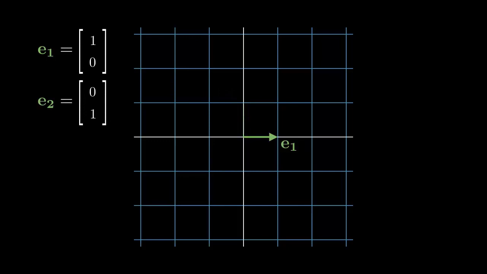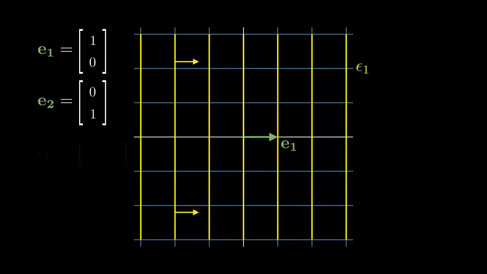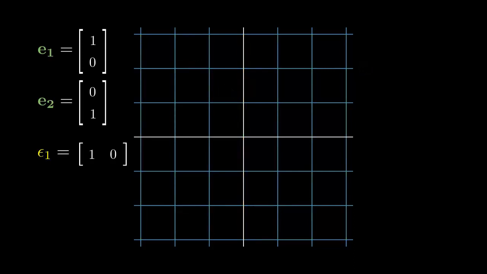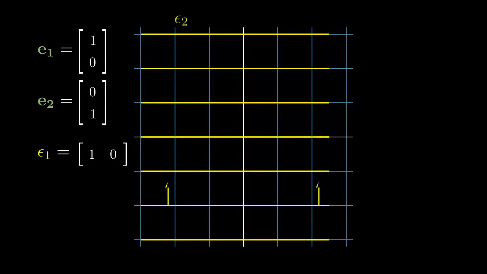This is actually the point to think about the basis. You don't need to think about the other components. The basis normal function epsilon 1 is this. The first component of epsilon 1 is 1, since e1 crosses the line once. But e2 doesn't cross the line, so the second component of epsilon 1 is 0. For epsilon 2, e1 doesn't cross the lines, but e2 crosses the line. Thus, the epsilon 2 components are 0 and 1.